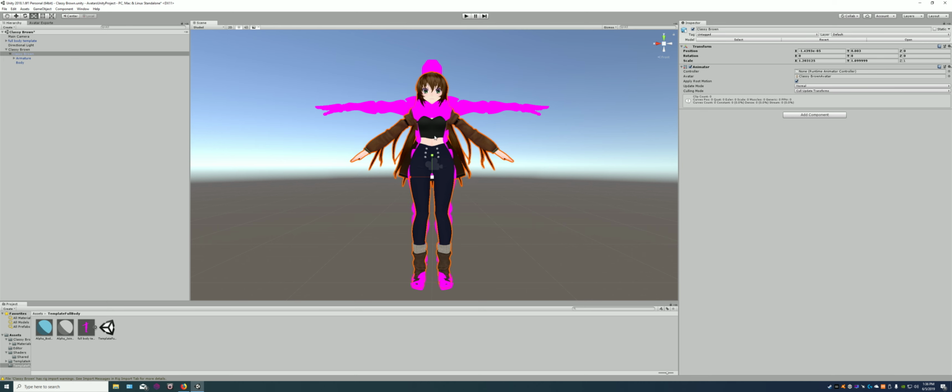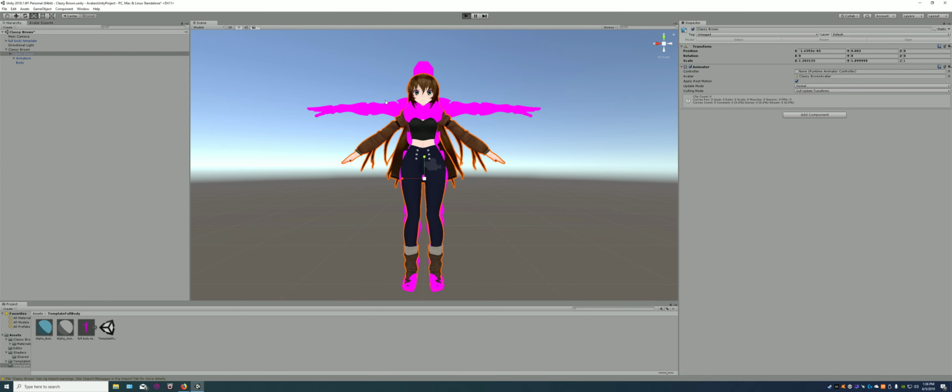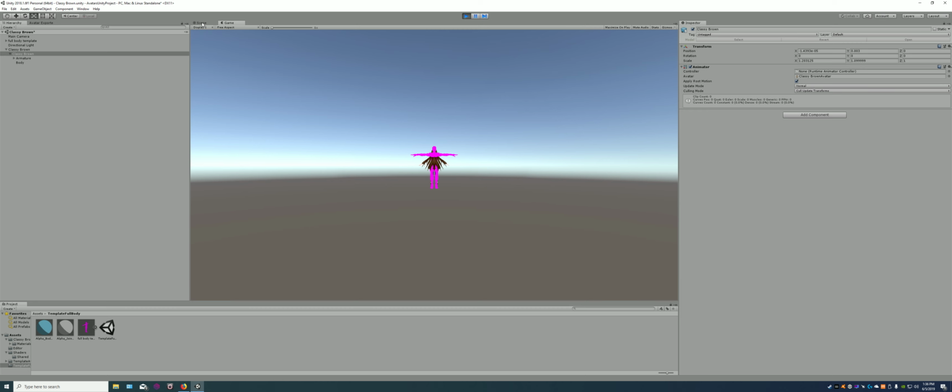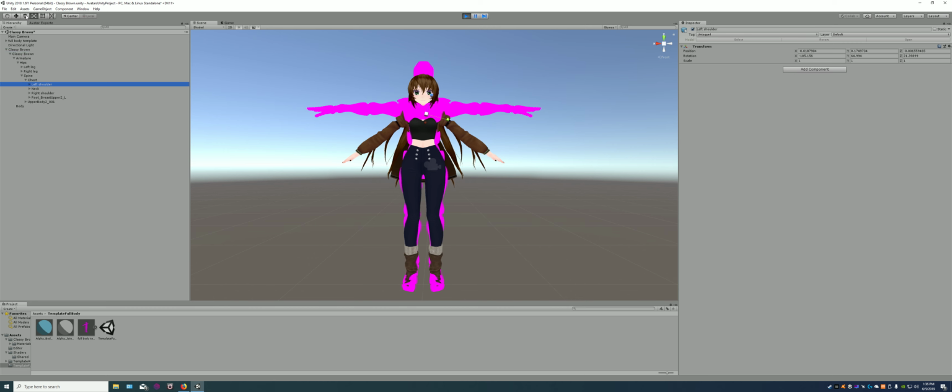But keep in mind that this affects the arms as well, which is a good thing. So let's make it a little wider, for example. Just like that. Once you're happy with the height and the width, then you press play mode. Click on scene. And then on the left, let's expand the body until we get to the shoulders. So left shoulder, click on the rotate tool right here, and let's rotate this to match the avatar's arms. Just like that. And then the right shoulder,